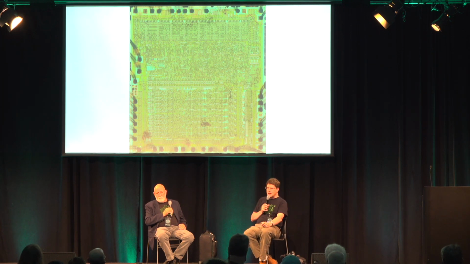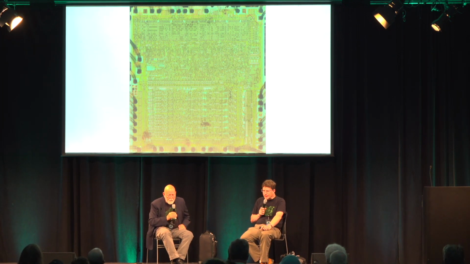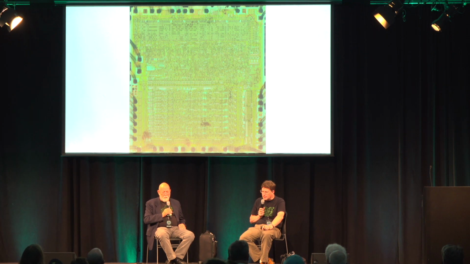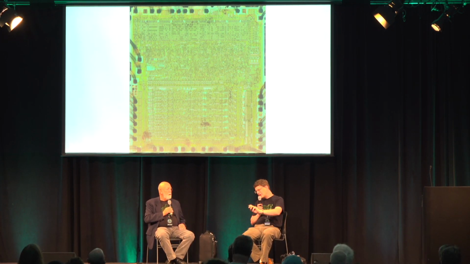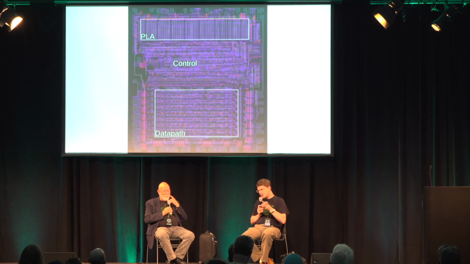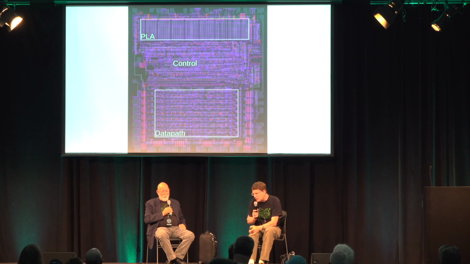So I have here a die photo of your baby. Yeah. Let's see. This should be the NMOS one. It's rather a violent thing to take pictures like this, because you've got to remove all the junk on the top and so forth. So Bill did not design in the splotches on the bottom. Right. But I sort of see three different types of regions of transistors here, and they seem to be laid out like this. Can you elaborate a little?